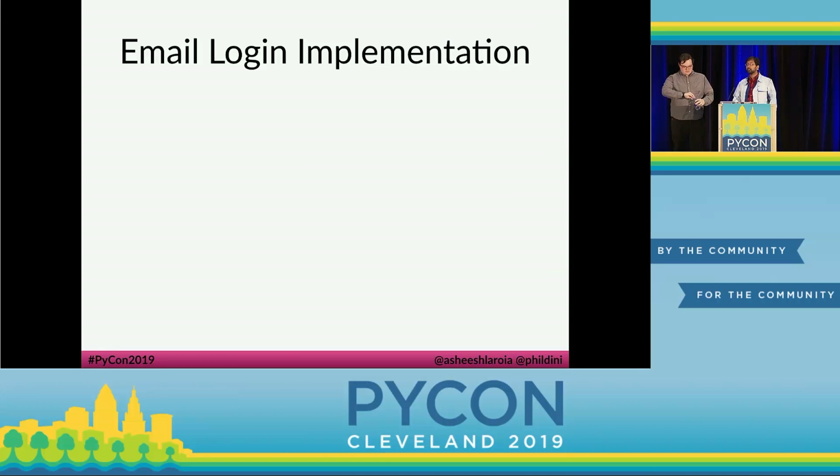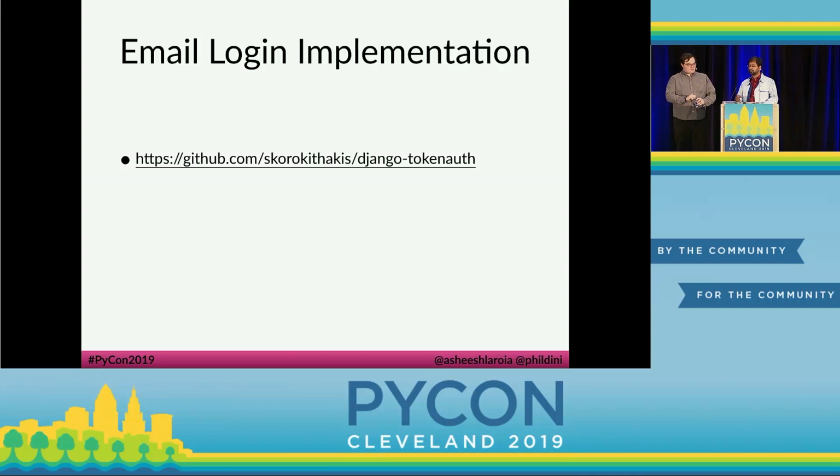If you use Django, there's a Django package that does this for you. You can just use it. It's called Django token auth. If you want to implement this yourself, I have a fancy trick we used at Sandstorm that I want to tell you about. When you're generating a random token, instead of storing the random token you email the user, you can store a hash of that token in the database. This gives you one tiny useful thing, which is that if somebody runs off with your database, they can't use the data from the database to log in as people.